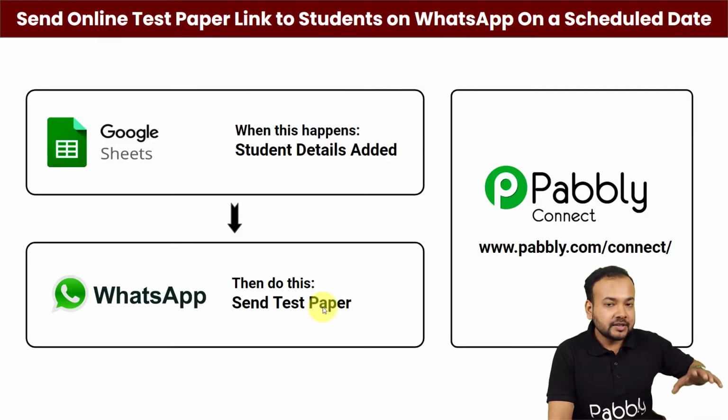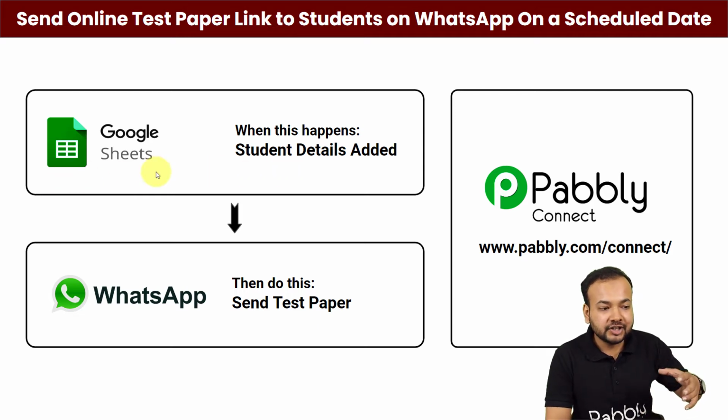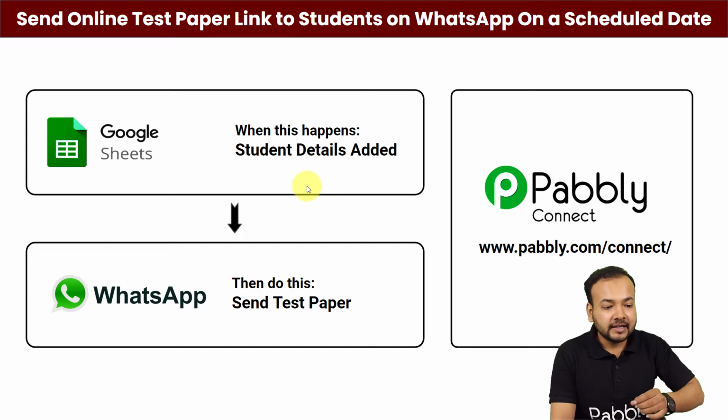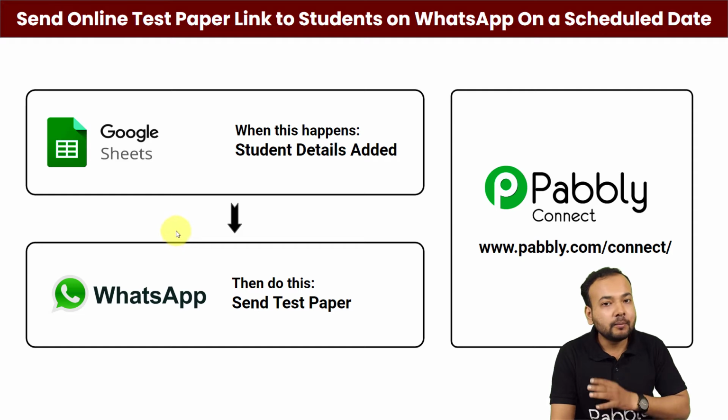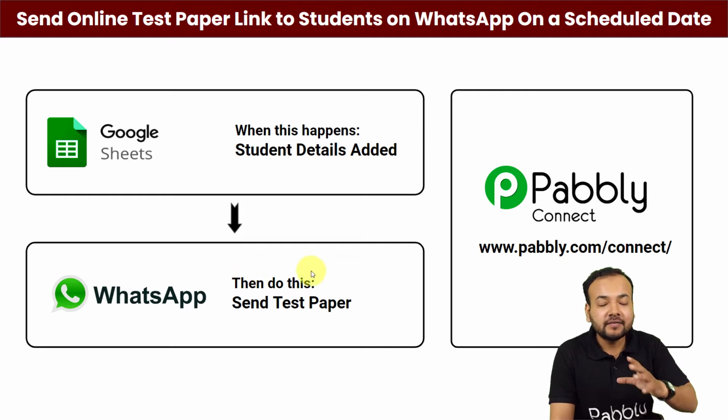So guys, here you can see this is the flow of this automation. You just have to add the details of your students along with their WhatsApp numbers here in the spreadsheet, and then our automation is going to work on a scheduled date, and on that same date at the specific chosen time of yours, the WhatsApp messages will be delivered to all your students along with the test papers link. So guys, here you need not to manually sort out the contact details of your students, and you don't have to manually compile messages for each and every student. So this is going to make this task so much easier for you, and it will surely save your time